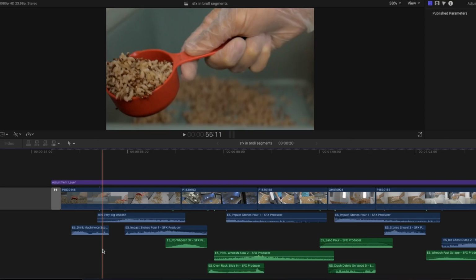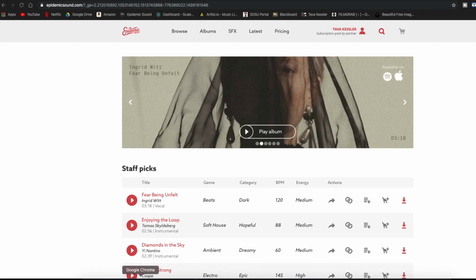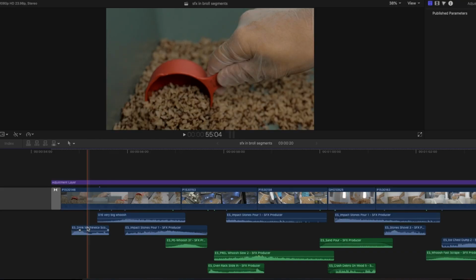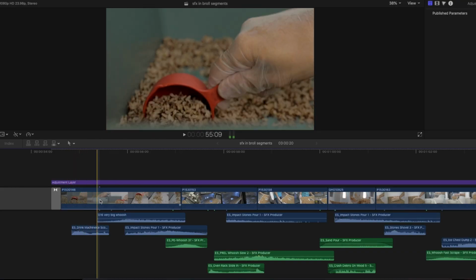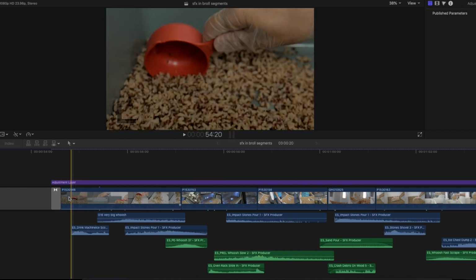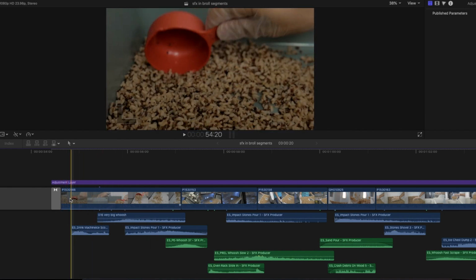So first up, I get almost all of my sounds from Epidemic Sound, which has a great music library, as well as an SFX library, which I've talked about before, but you can just search for all different types of sounds and find exactly what you're looking for, which is super cool. So personally, what I do is I edit my video first so I get all the parts down how I like it visually, and then I come back through and try and find sounds that match the things that I'm looking at. So for the first one, for example, we have the picture of the scooper picking up some rice,